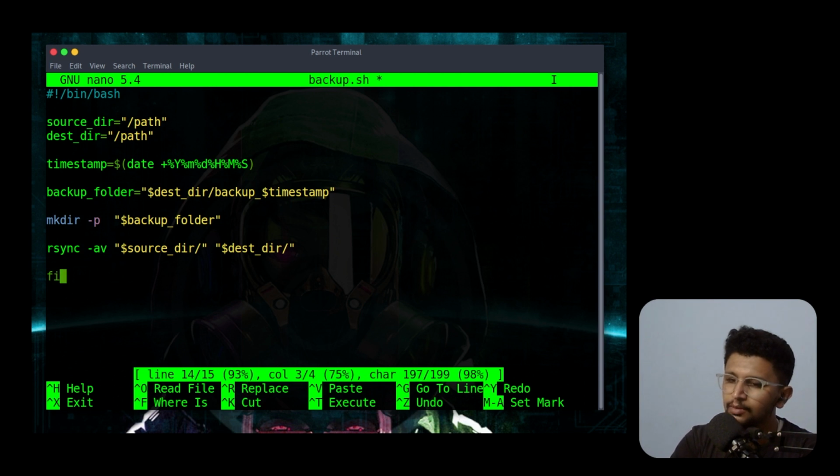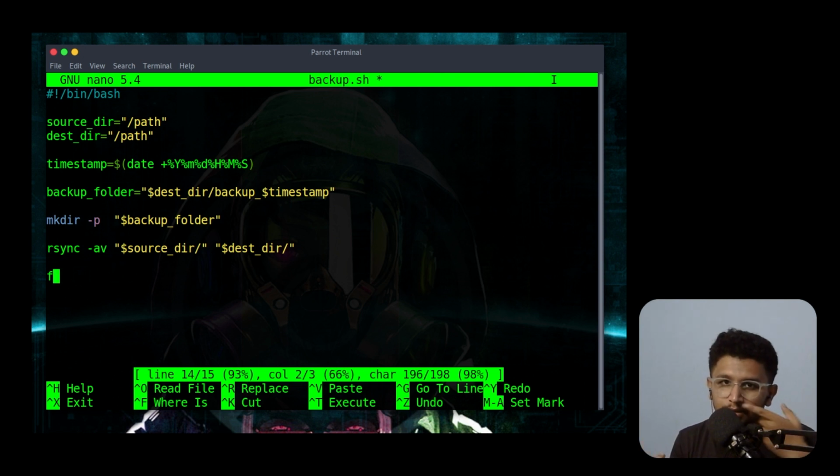Now, if you are backing up something, you need to delete the old files. Not every system has unlimited storage, so you need to delete something. Let's say I need to delete files from the last 7 days or something like that. So what I do is